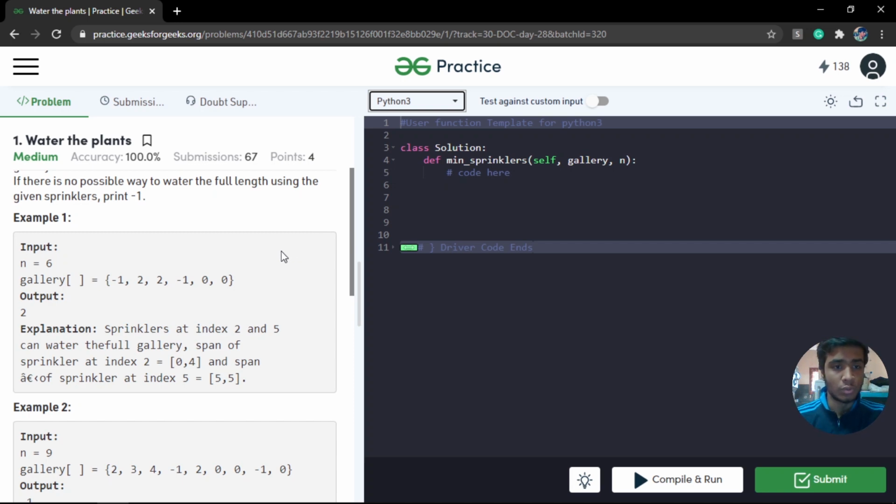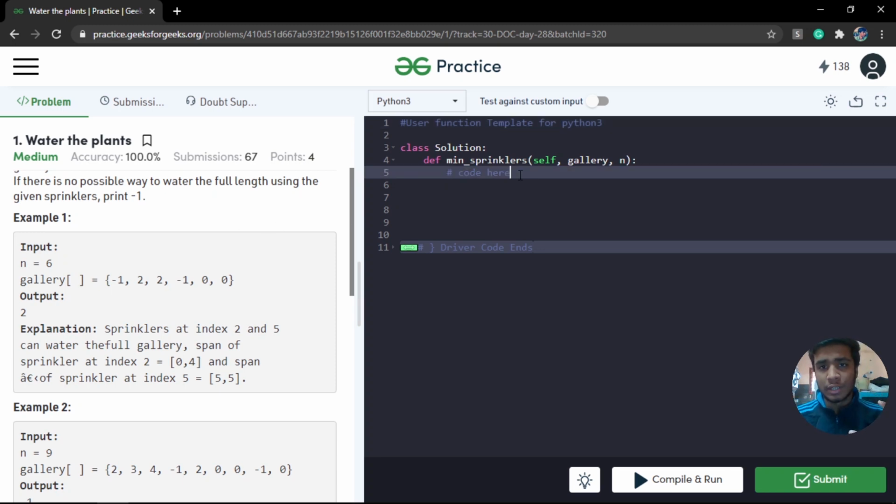The idea in solving this problem is something like this. I'm going to create an array of all the spans, all the ranges with which each sprinkler is going to work, and I'm going to sort them. Based on that, I'm going to choose a particular sprinkler. I'm going to turn on a particular sprinkler only when it is satisfying my target, that is my minimum necessity on my left side, and keeping that as my condition, I'm going to choose a sprinkler which is going to put me farthest to the right.